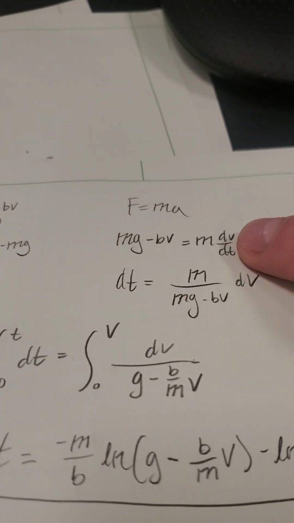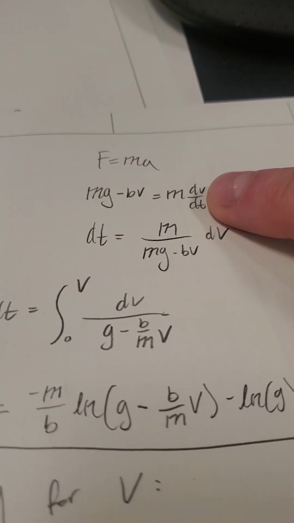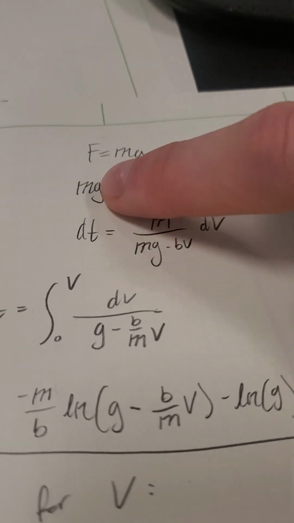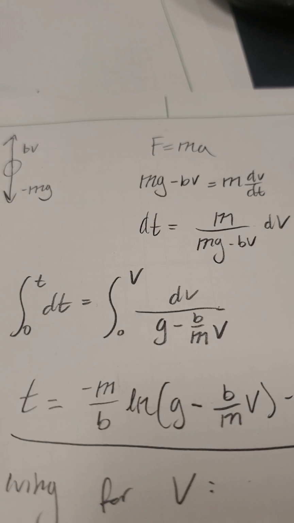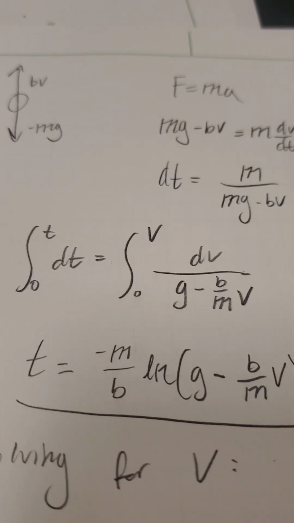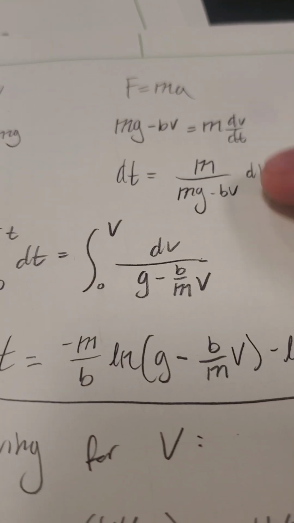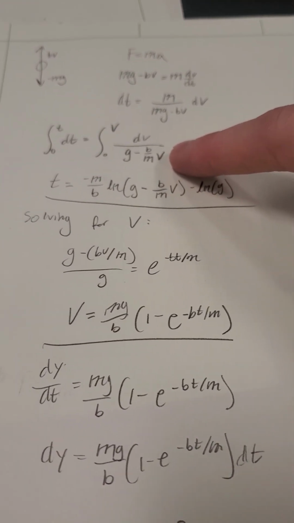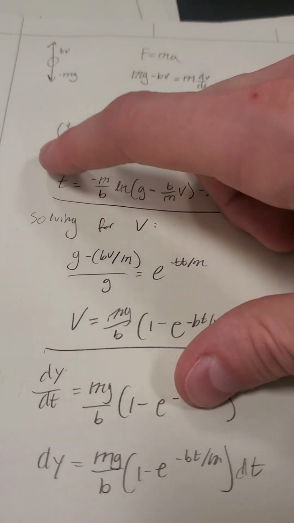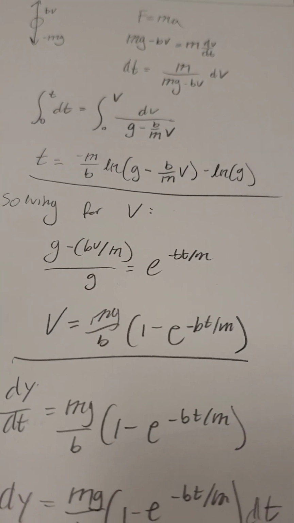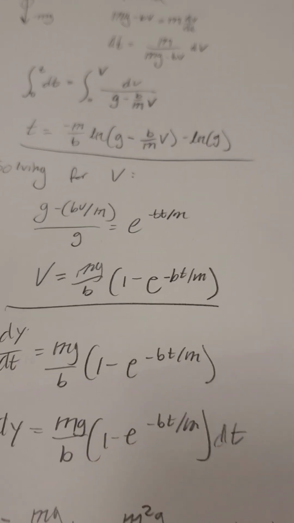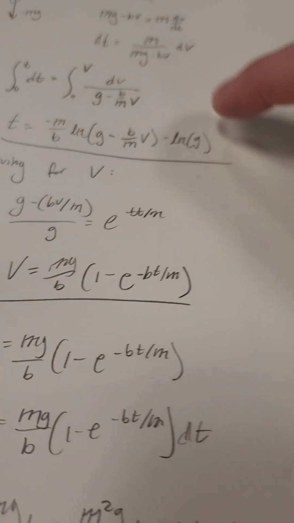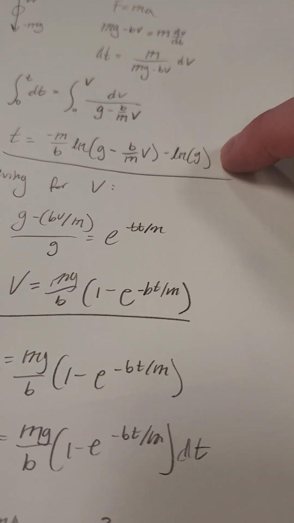So basically, I just subbed in acceleration, which is equal to dv dt, and then the force is going to be the difference in force between drag and gravity. So you just move these around. The difference in time is going to be equal to this, which you're going to integrate with respect to v, and then integrating dt on the left will give you the time. So time equals all of that, which I just used to solve for how long it would take to reach